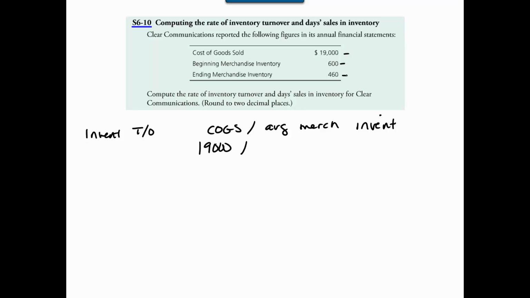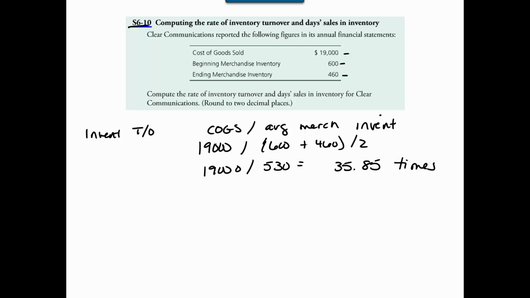So I take the beginning plus the end divided by 2 to get an average of those. So I'll take 600 plus 460 divided by 2. So that gives me 19,000 divided by 530. So I get 35.85